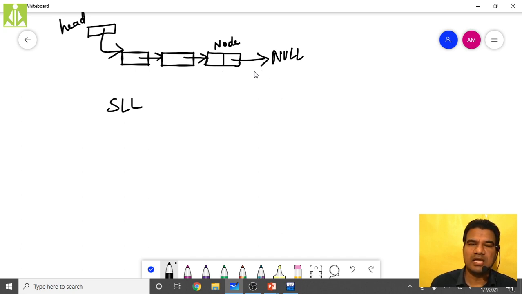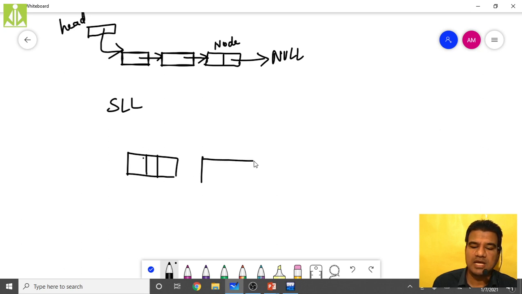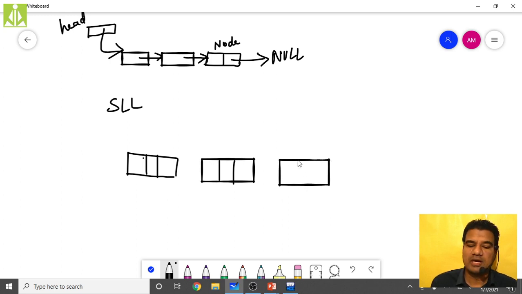Over here in the doubly linked list, we have the same thing with three different parts. Each node is going to have three parts, and every node points to both the previous node as well as the next node.